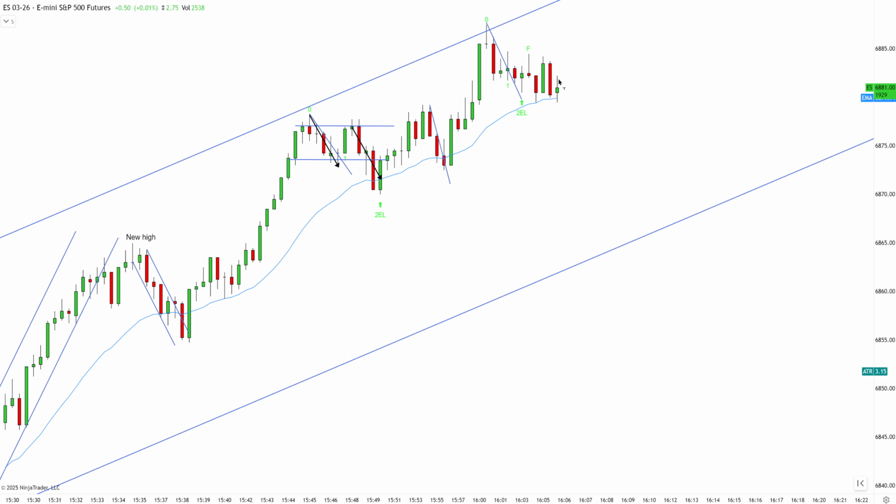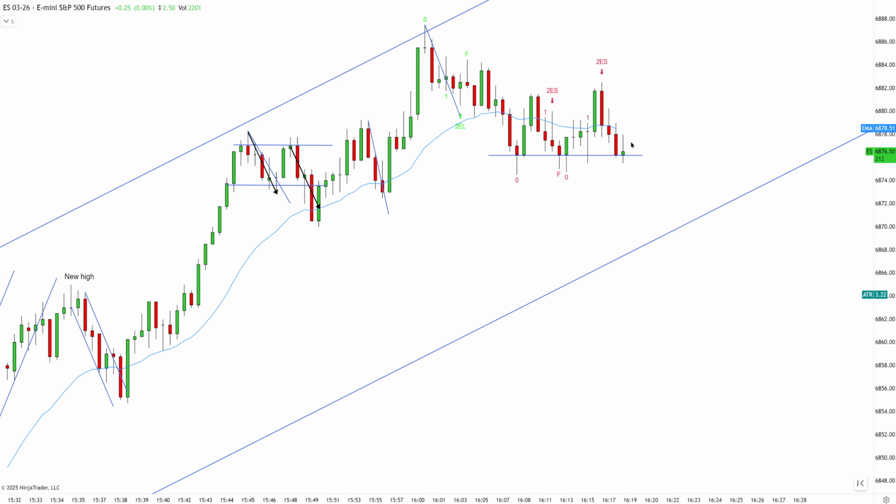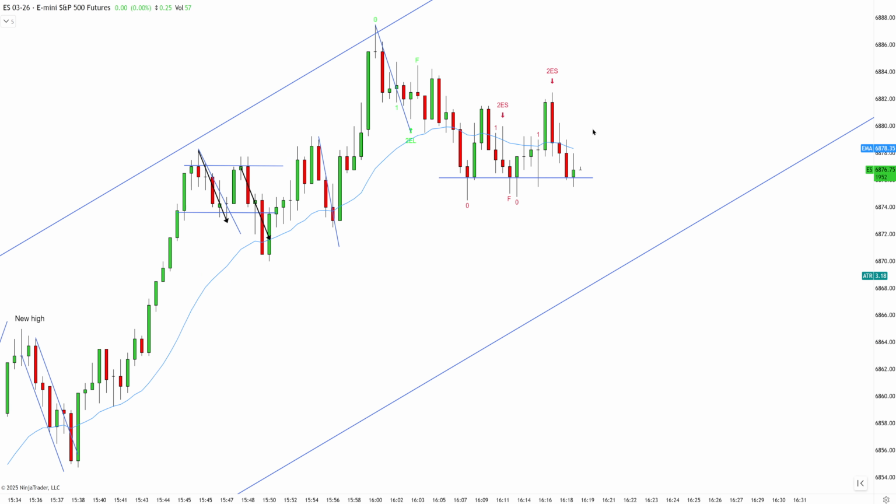Oof, this bar is a little bit too neutral. I was hoping it would close on its top, so I have to skip this one. Okay, I was looking for a failed second entry short, but it didn't form. We're breaking back below. So even though this multiple test may be tempting, I just don't like how we're going sideways. I want to see some push above the EMA, the resumption that the buyers are breaking the market,